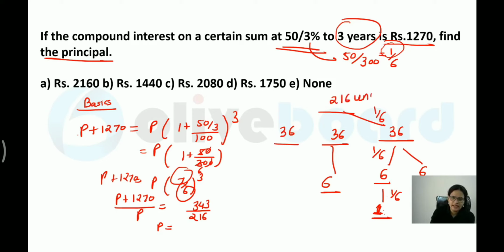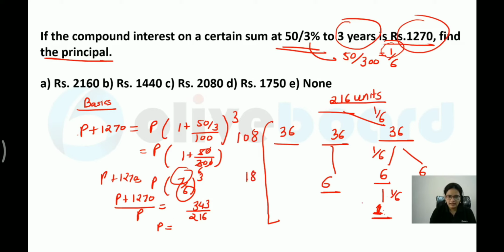So all of these are units, because these are not the actual values. I have assumed them as 1, 6 and so on. Okay, now what is given in your question? The compound interest value is 1270. Can we calculate the compound interest over here? If you add these three values, what will you get? This value you can check, this is nothing but 108. If you calculate this value, this is 18 and this value is 1 over here. So if you calculate the total value, you can check, it is 127 units. Total compound interest is 127 units.